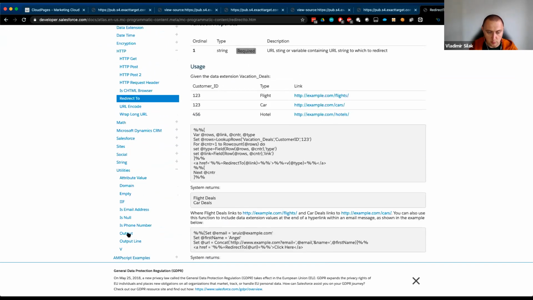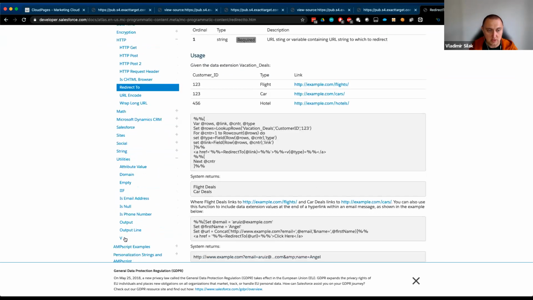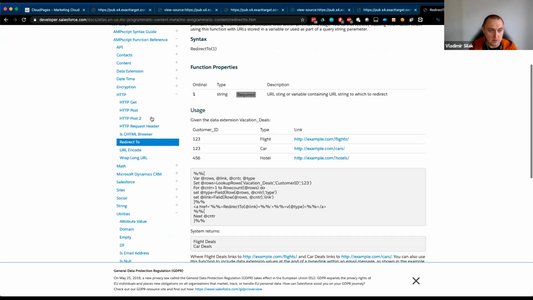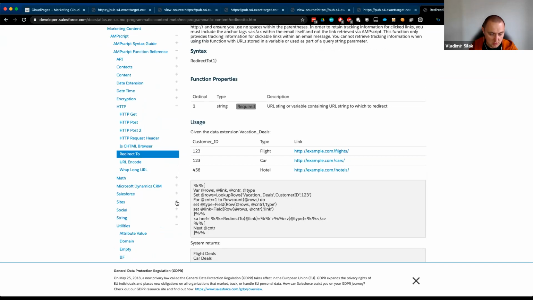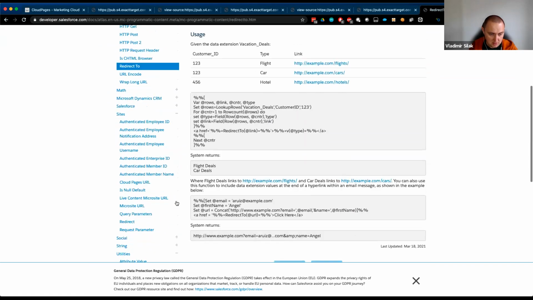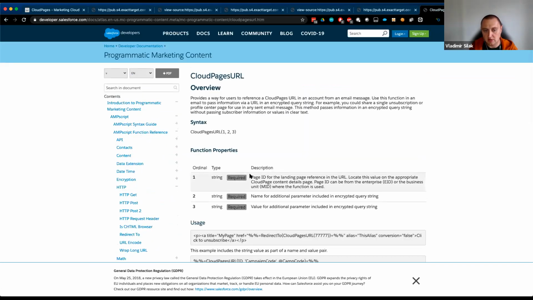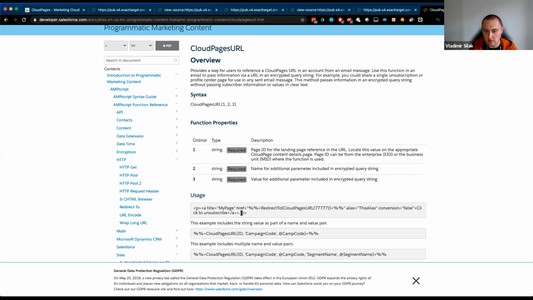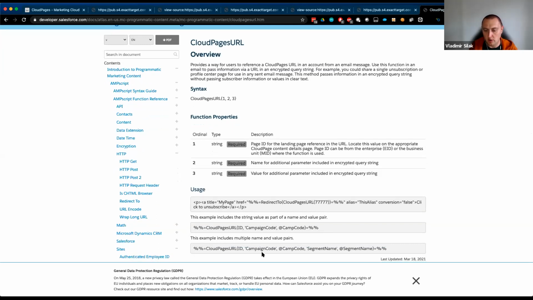There are some output and output lines that I can look into. The v function, as I said before. So hold on, I think it was sites maybe. It's been query parameters, cloud pages URL. So that I usually get cloud page URL, not cloud pages URL. There we go. So in our case, if we use a, then we do the redirect to, but I might be using that for pure play